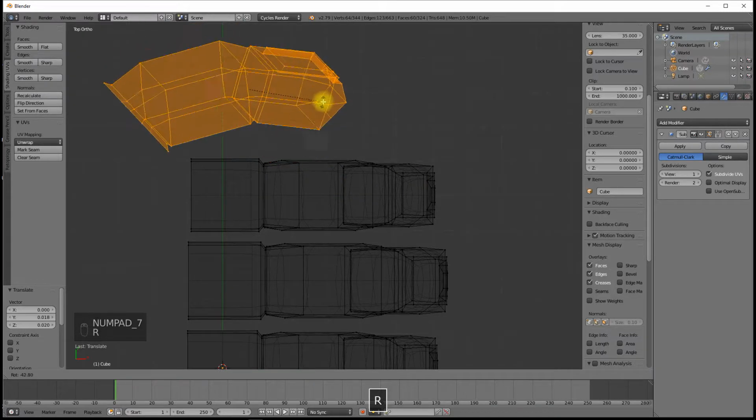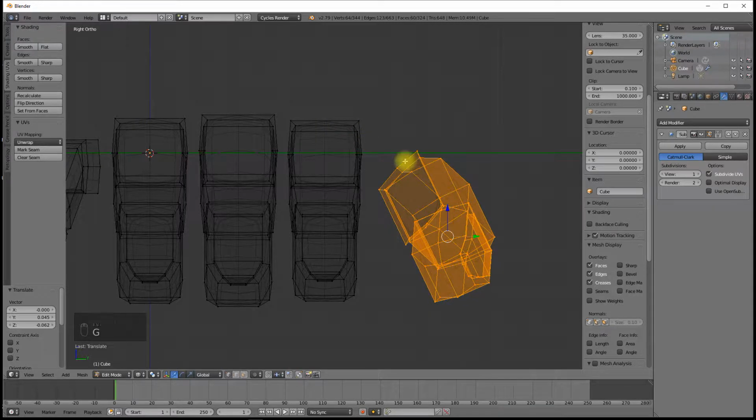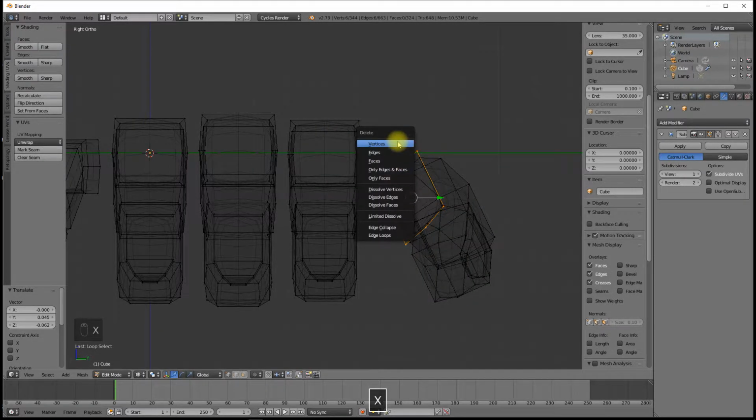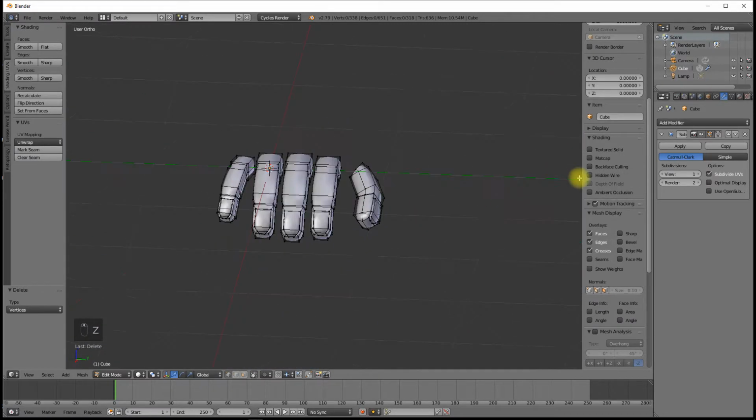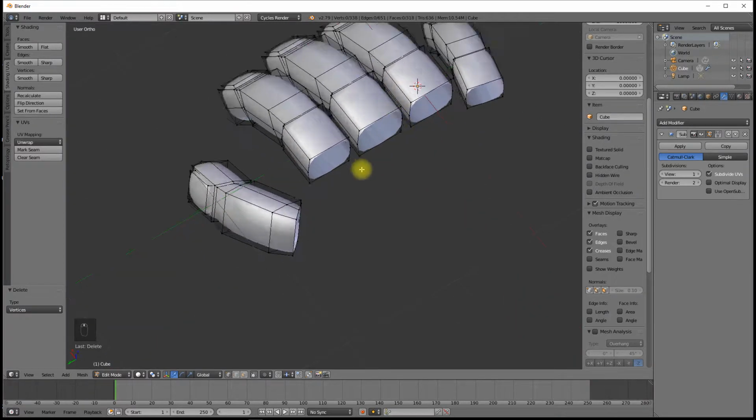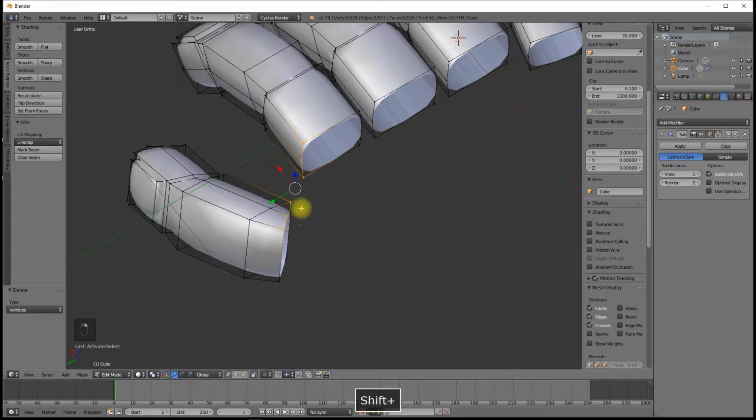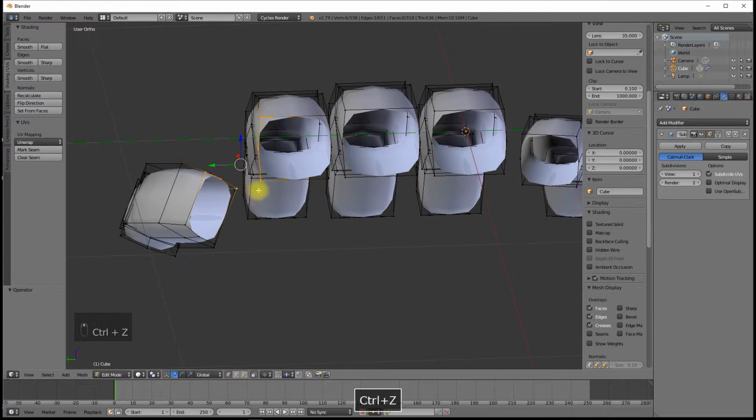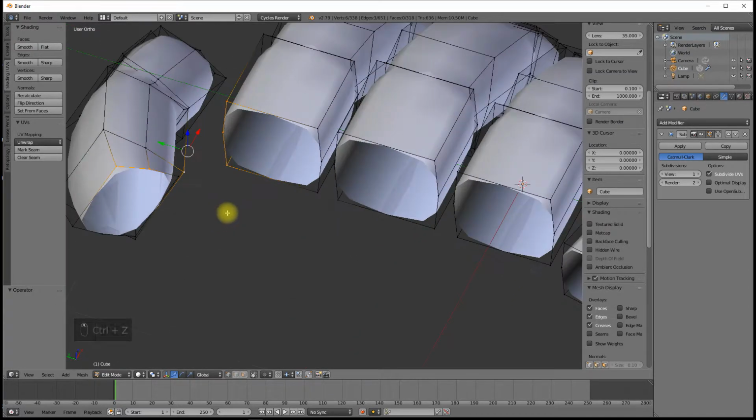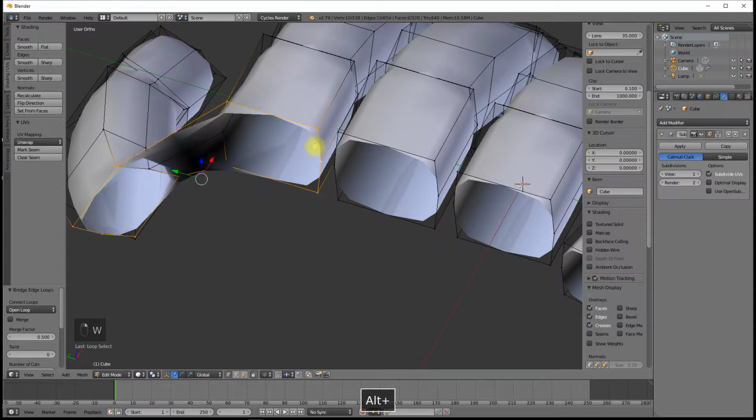And rotate that way, and bring it to there. Now we'll take this outside loop, and we'll delete those vertices. Okay, so that's, very crudely, a very simple hand. So I'm going to go 1, 2, 3, 1, 2, 3, and W bridge edge loop. Oops. W bridge edge loop, and do the same here. So 1, 2, 3, 1, 2, 3,